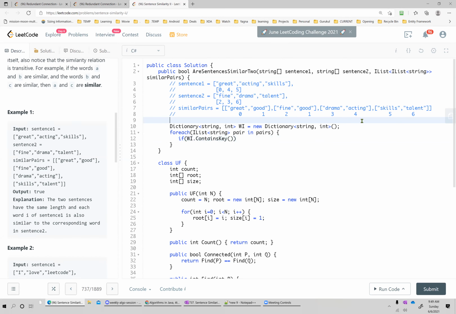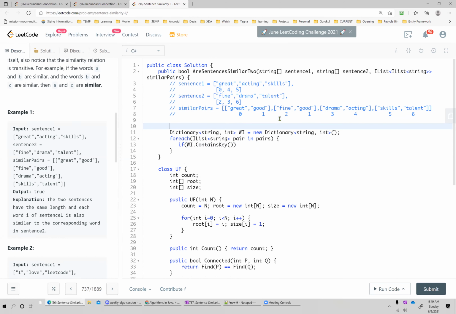So I need to track integer. We were doing right 0, 1, 2, 3, 4, 5, right? Good point. So I need an integer tracker, right? Index, right? I will just say that index, right? Because I want to track that. I want to start with 0 and then I want to assign this integer, right? And keep incrementing it, right?